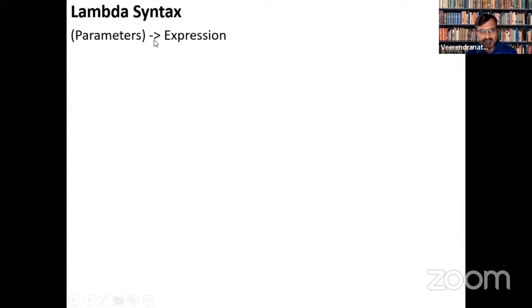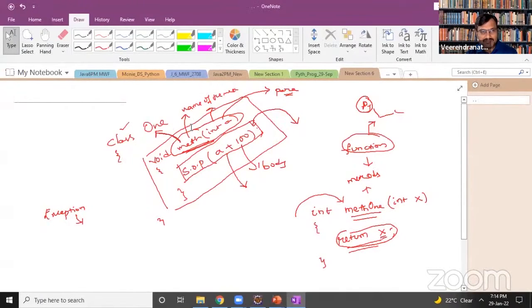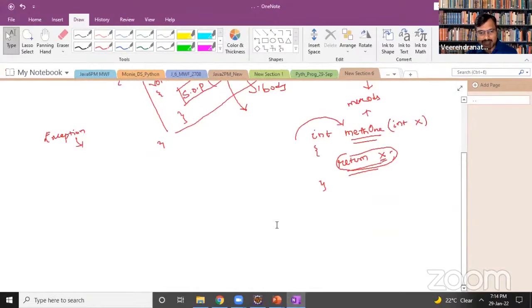Okay, now going into a more syntactical understanding of Lambda expressions. Generally, Lambda expressions consist of parameters and an expression. Let me go down a bit.